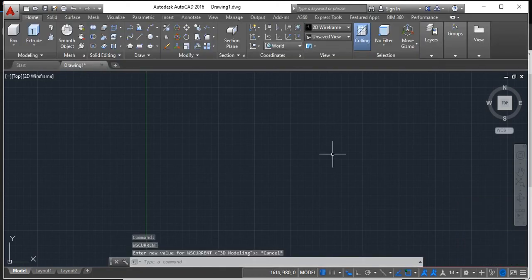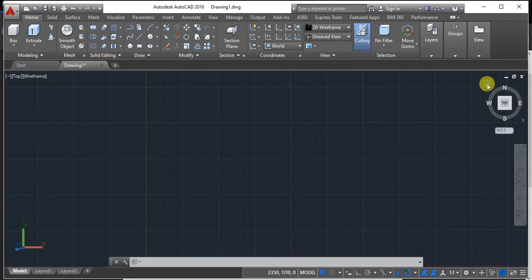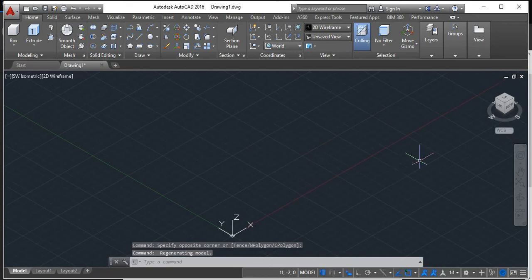Once you switch to 3D modeling, the top ribbon has been completely changed, right? Now you can visualize a 3D perspective by clicking on this home button. Automatically it will switch to 3D. You can have different perspectives, that is, now we are in southwest isometric. This type of viewing is called southwest isometric.